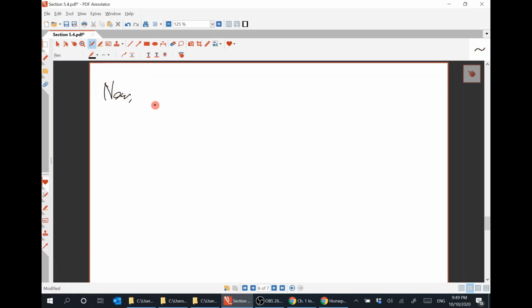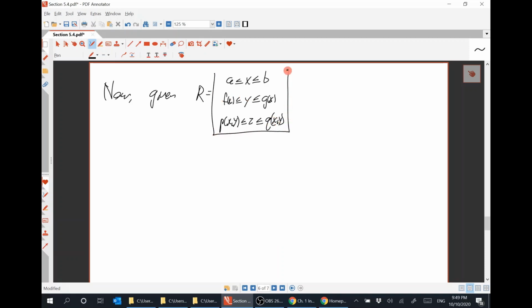Given a 3D region R equal to a less than or equal to x less than or equal to b, f(x) less than or equal to y less than or equal to g(x), and p(x,y) less than or equal to z less than or equal to q(x,y), the triple integral over the region of the continuous function f(x,y,z) dV is going to be the triple iterated integral